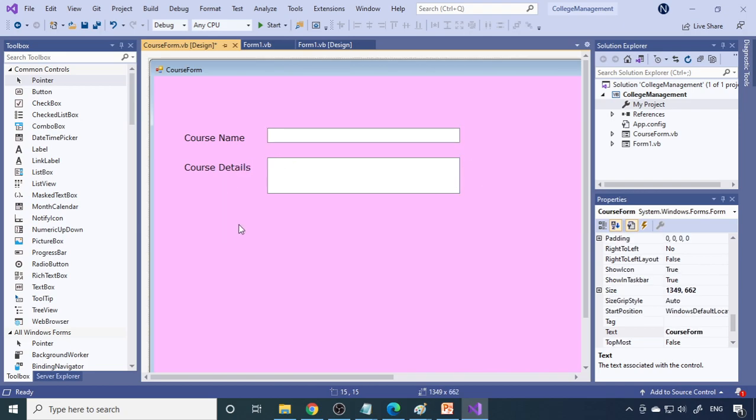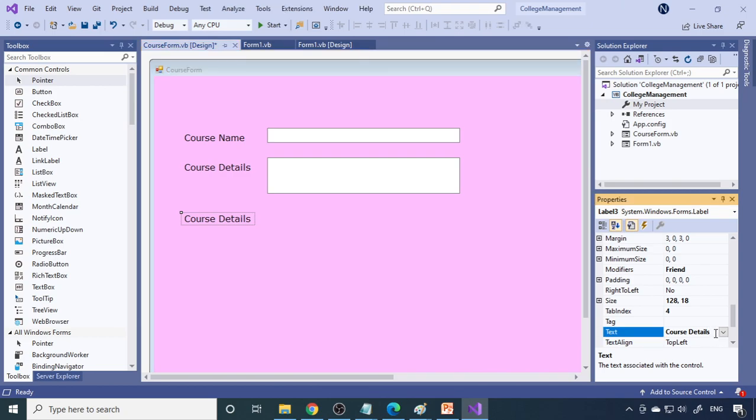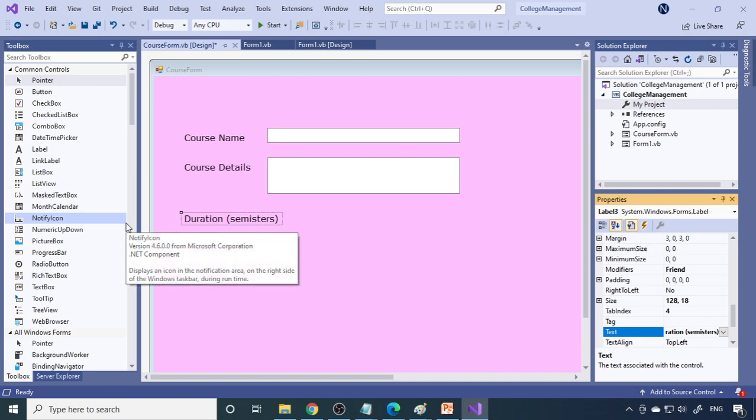Next one, this time we want only a label. Control C, Control V, duration. Duration is our semesters, so number of semesters. For this a combo box is suitable, so we'll select the combo box.